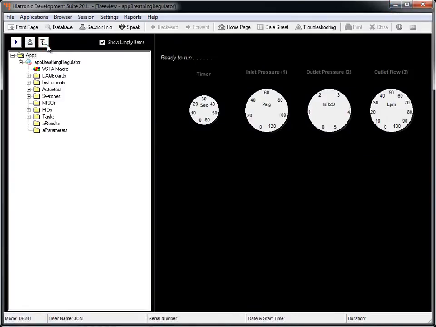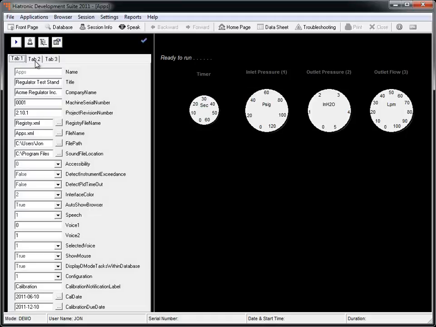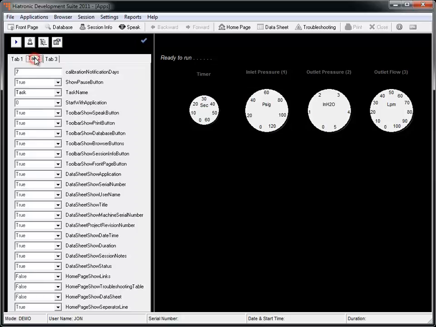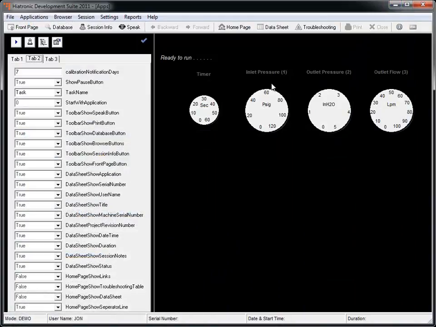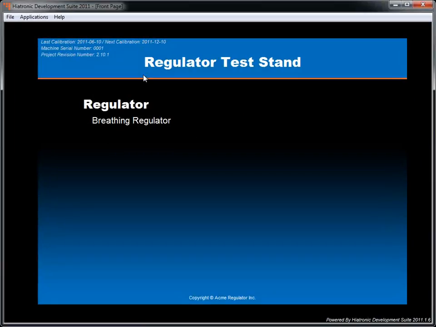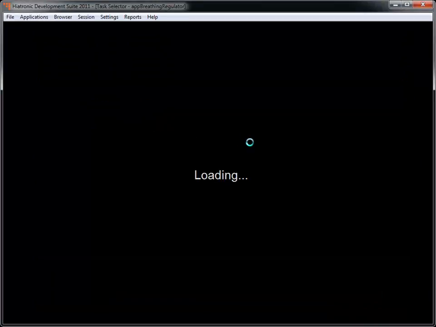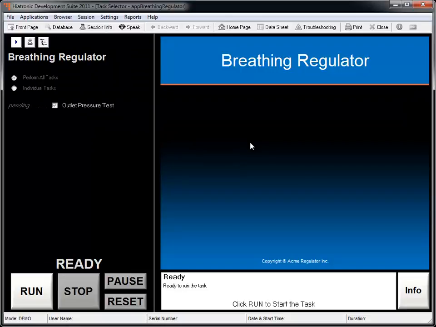So we're going to go into the tree view, open up apps, go to tab 2, and again it was homepage show links. Homepage show links. Set that to true. Now if you open up the homepage, the breathing regulator,